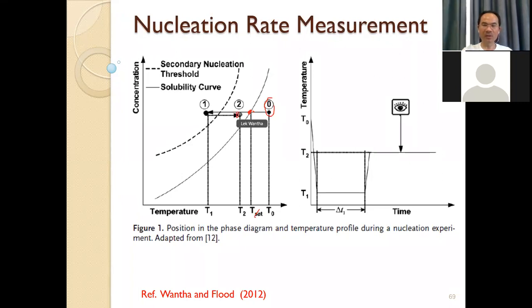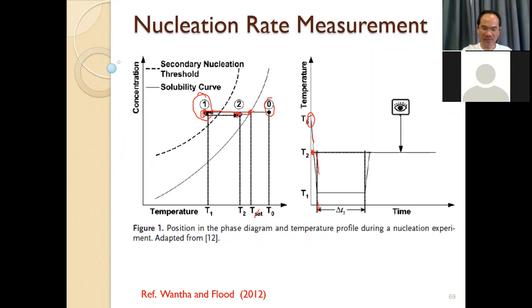T2 being the T for growth. But for this case, we measure the nucleation. We have to reduce the temperature until it's in the supersaturation zone, the higher supersaturation. At point 1, the crystal can be nucleated spontaneously or can nucleate by the solution itself. What is point 1? At time 0, T0, we reduce until T2 like this, and then T1. At this point we have some crystals nucleate,